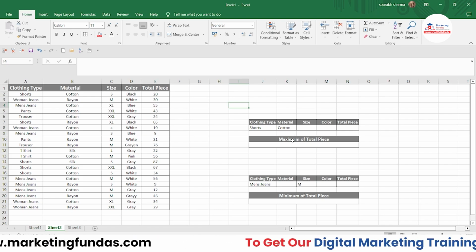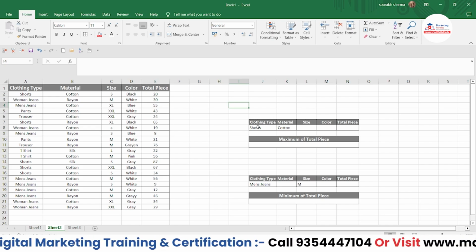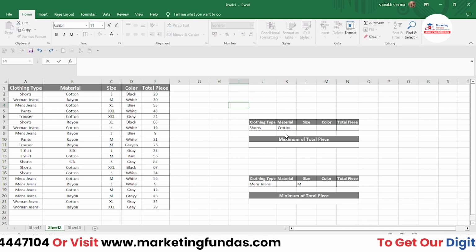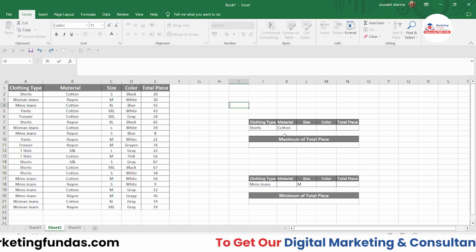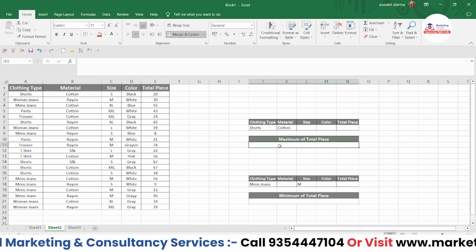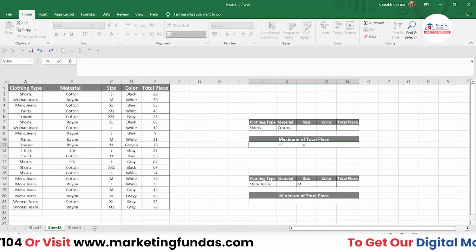So we have to find this. So this is basically a condition, right? This is the type, basically the clothing type, and then the material should be cotton, and how many of these pieces are left in the store. So now we have to use the DMAX formula, right? Just hit equals to, write